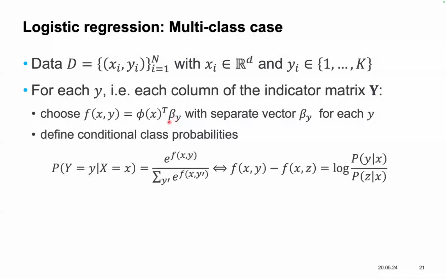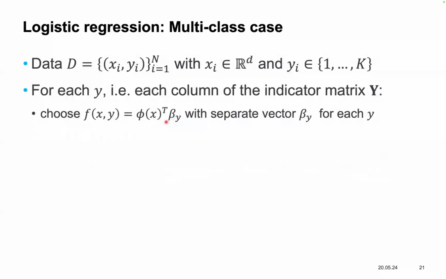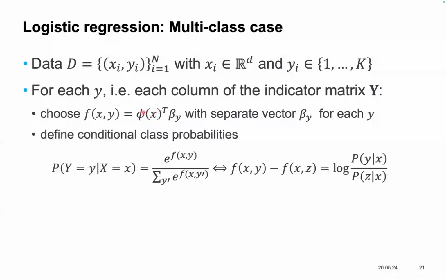And of course, what we can also do, instead of x, we can also have an arbitrary phi of x. But you can also just use x transposed or phi of x transposed. So this is a feature function, just the same way as with feature functions in the linear regression case. So overall, this gives us e to the power f of x,y, in the simplest case just x transpose beta,